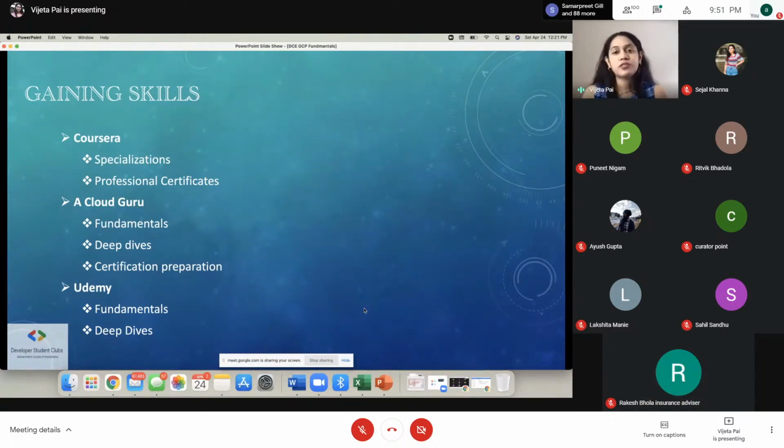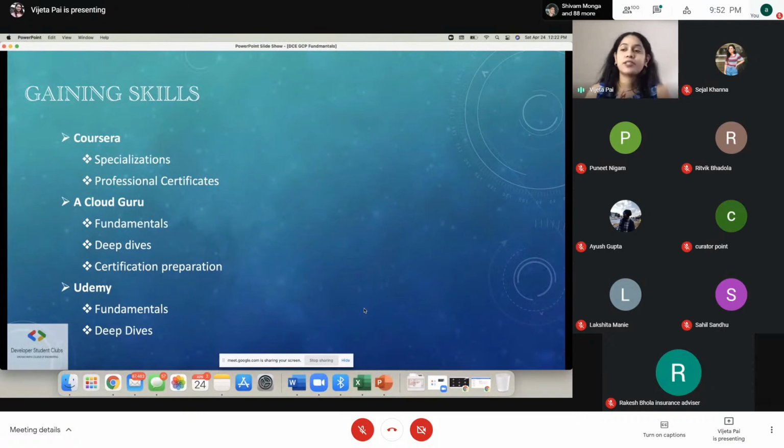There are different instructors, developer advocates from Google Cloud who are going to help you understand more and more. So you can either do a fundamentals, you can do a deep dive, you can gain a specialization, for example, or you can even gain a professional certificate. In this, you don't only have courses, but you have a nice blend of courses and hands-on labs.